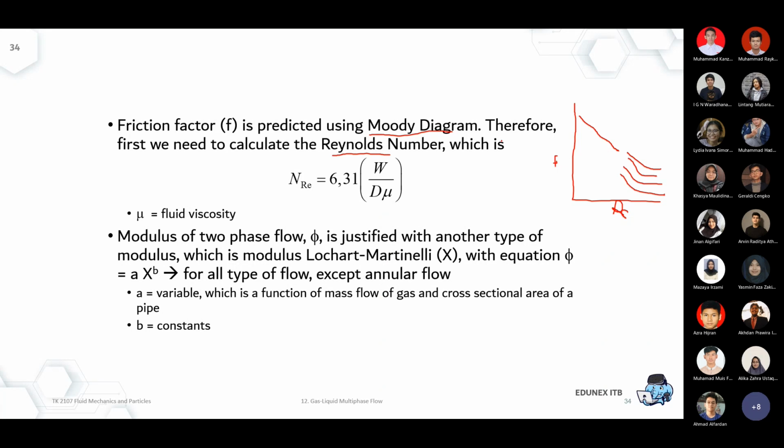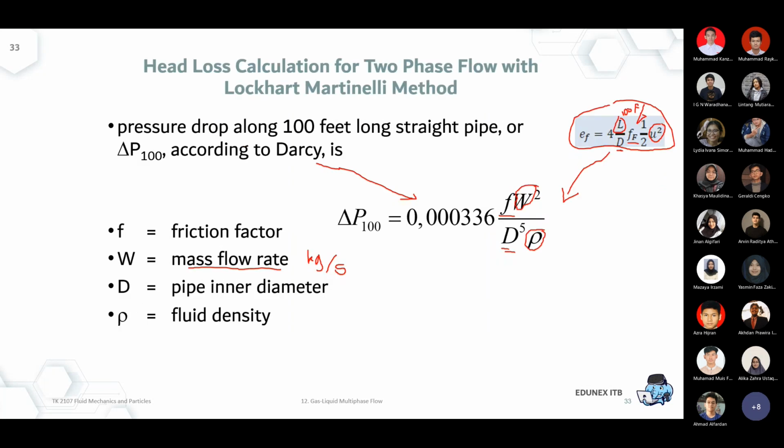It's just simplified, to be used as an empirical equation for Lockhart-Martinelli, because they performed the experiment. They derived this empirical equation only for one specific type of typical steel used in a pipeline. But the idea is still that you find the F, the friction factor, and then it can be substituted into the calculation of the straight pipeline pressure drop.